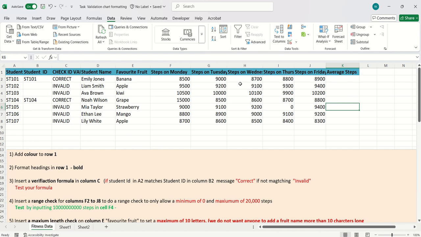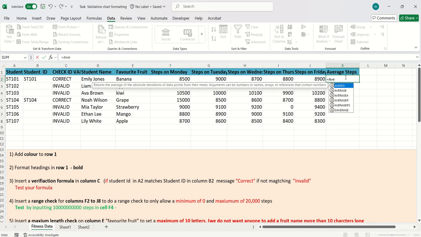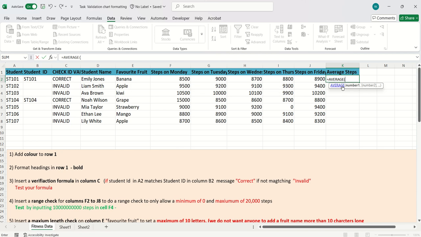Now, to work out the average steps for Emily Jones, okay, we would start our formula with an equals, type in average, okay, and once you've typed in the first few letters, you can check if your formula is there. So we're doing a simple average, double click, and then you select your first number, which is this one, drag it across to Friday, close your brackets and press enter. So the average steps for Emily from Monday to Friday are